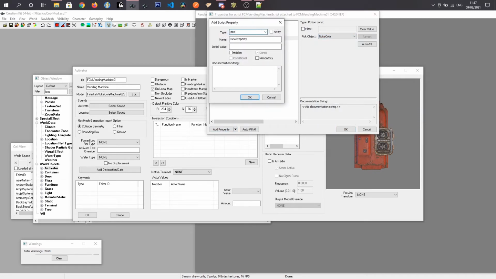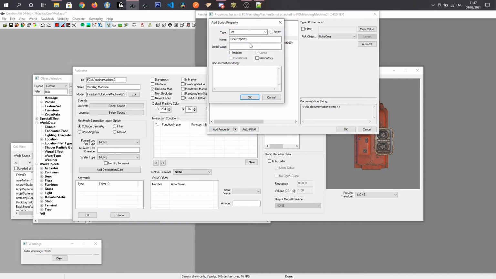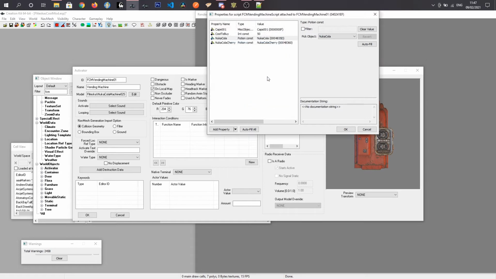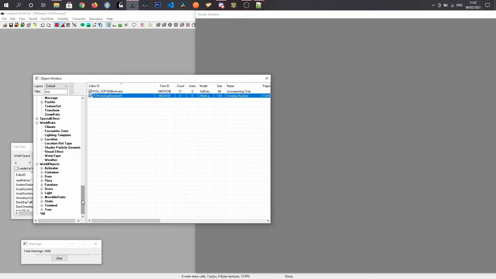So potion, Nuka-Cola cherry, and another one, potion, Nuka-Cola quantum. Hopefully I spelled that right. Yep, I did. And for the most part this is done, because we need to come out of our activator